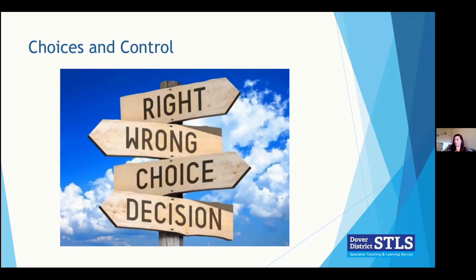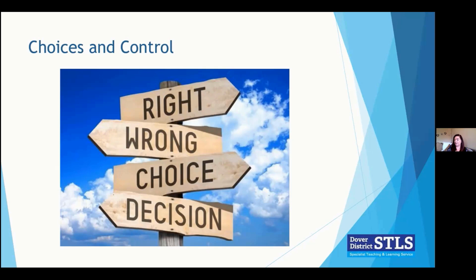We need to help them to make the right choices. So when you're offering choices, make sure they're choices that are okay, they're appropriate, and that they're going to lead to a behaviour that you want. So if a child doesn't want to sit in literacy input, you're going to ask them, they can either sit here or here. So you're going to get the right response because you want them to sit, but you're giving them a choice of where they're going to sit.